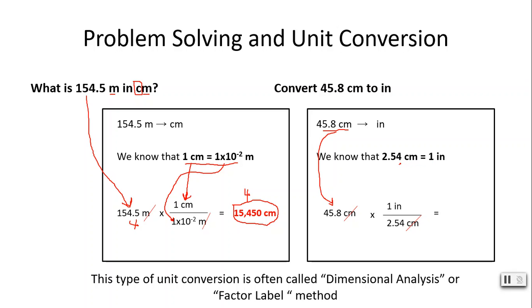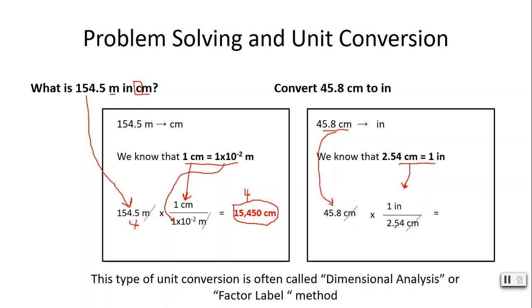And so I write that equivalency as a conversion factor so that my centimeter units cancel. So that means 2.54 centimeters is in the denominator or on the bottom. My 1 inch is in the numerator or on top. My centimeter units cancel. So in your calculator, 45.8. If you want to multiply by 1, you can, but it's just going to be 45.8. And then you're going to divide, remember, things in the denominator, that means